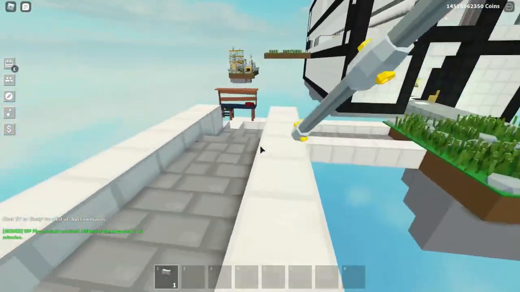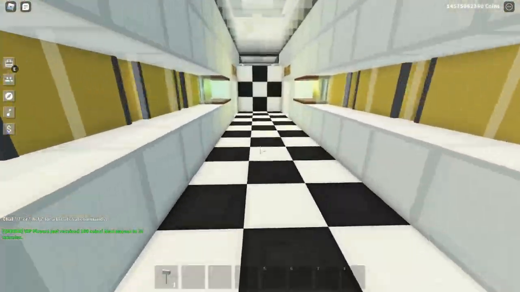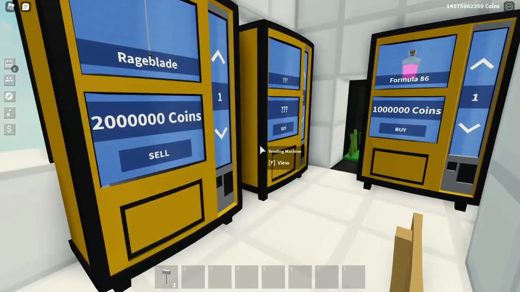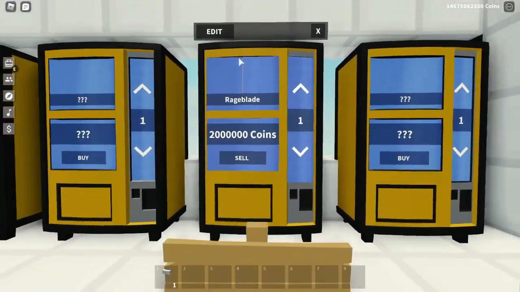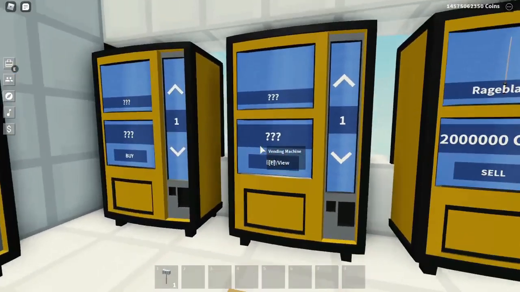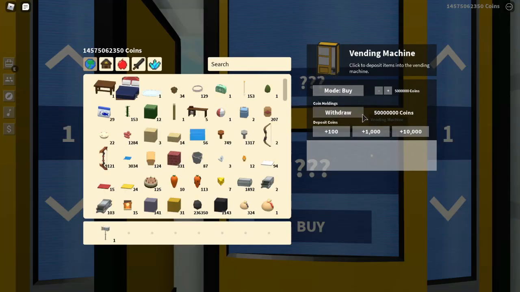So guys, this one is another like predicting stuff, sort of just making money off of predictions, and also what I've learned. So I'm learning right now, Rageblade, you can easily buy it for 2 million. That price is actually starting to go up. As you can see, I bought less today, but they are still seeming to be selling out easily at 5